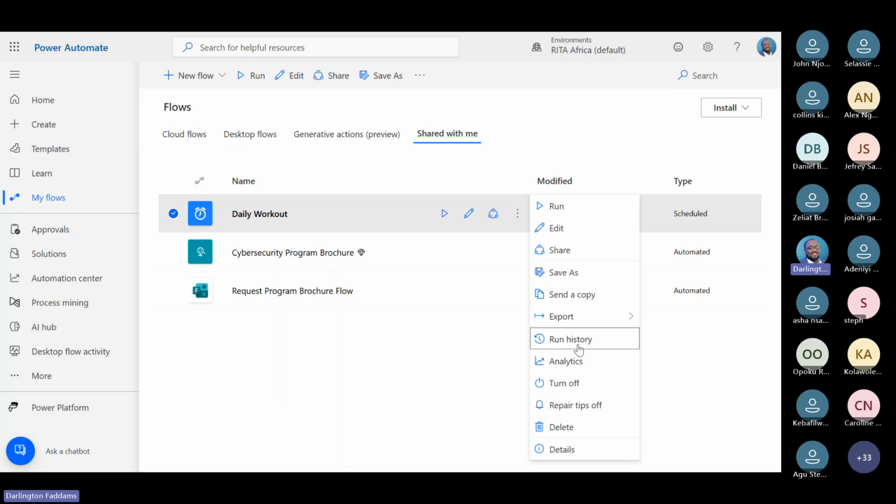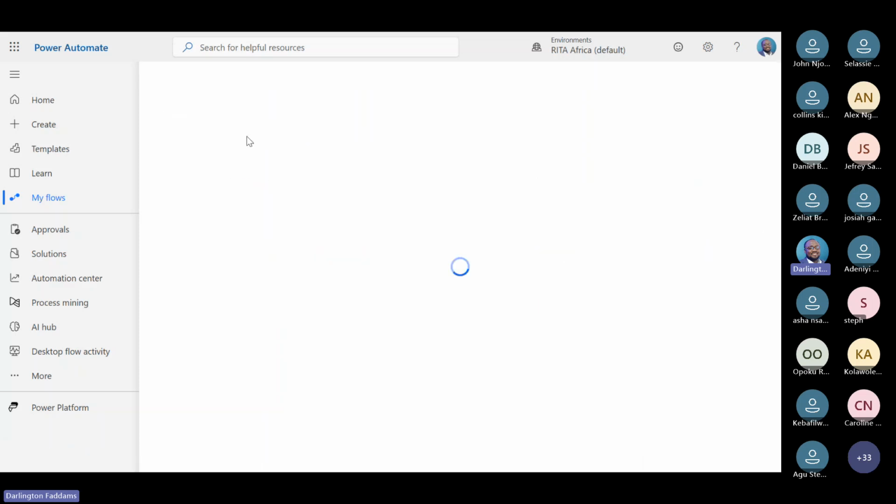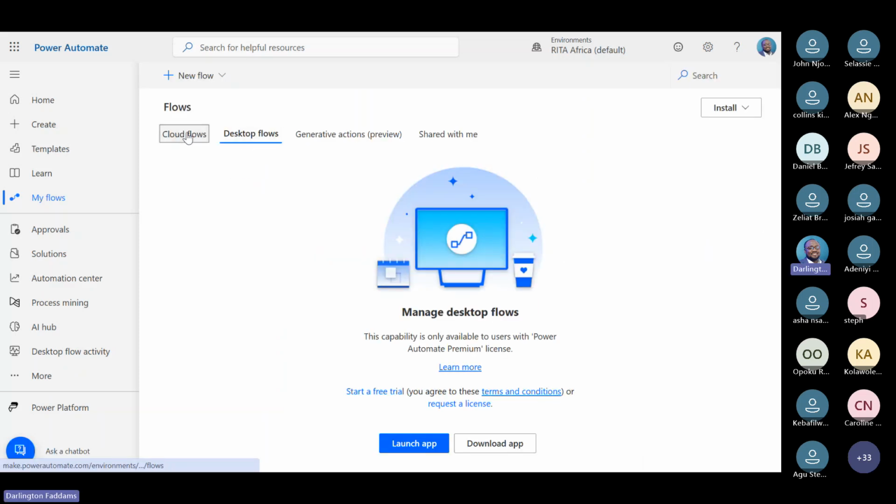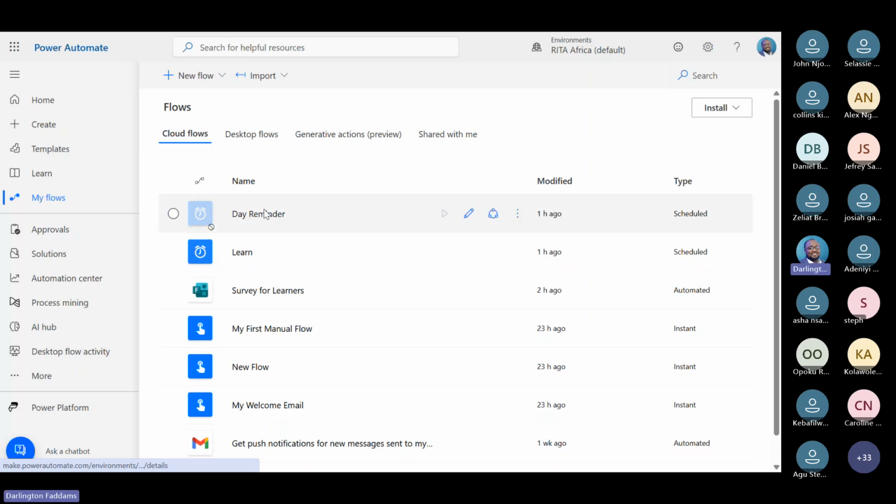You can get the history or the analytics of it. You can delete it if you don't want it anymore. You can export, save as, you can share, and that is so fine. So save as means you can even duplicate it. All right. So you can see your desktop flows, your cloud flows, and